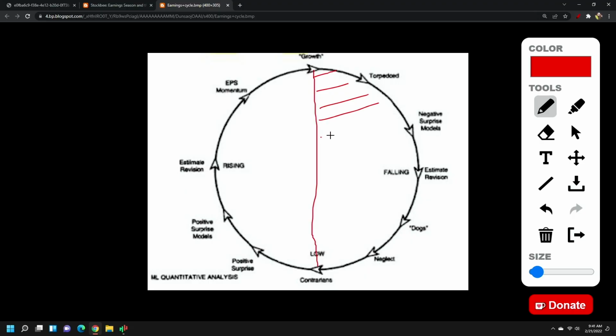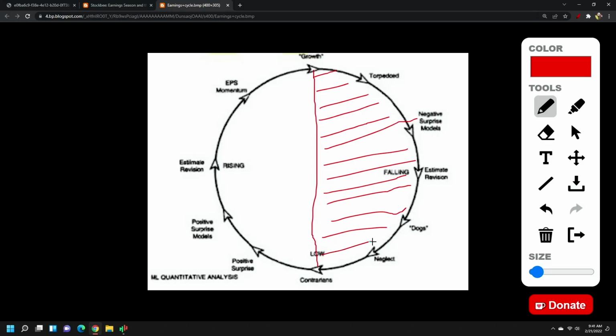But this is where most of the investors or most of the amateurs focus, because they think that the stock has fallen down. It has fallen down 50%, so it should come back, or something like that. But it takes a long time. This can be 3 to 5 years in many cases. Sometimes this can be even more than 10 years before the stock will fix its business and it will start coming back.